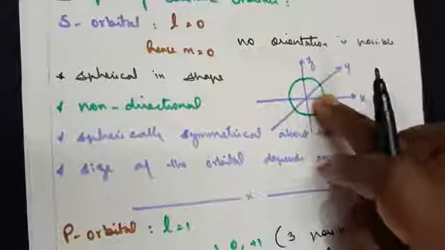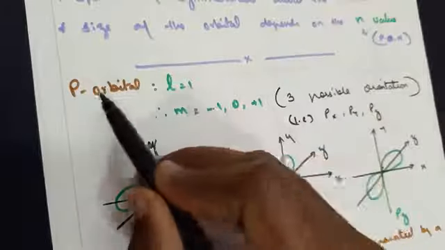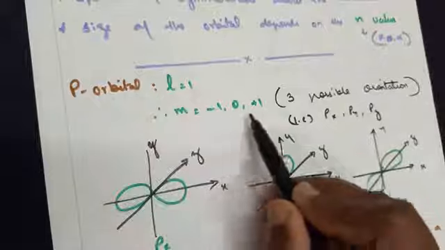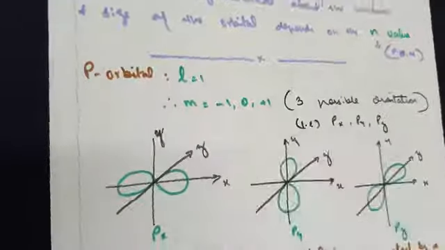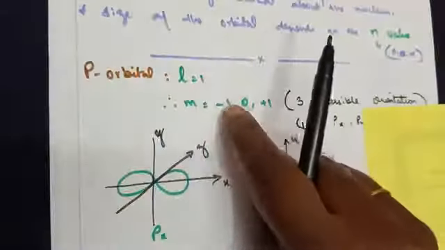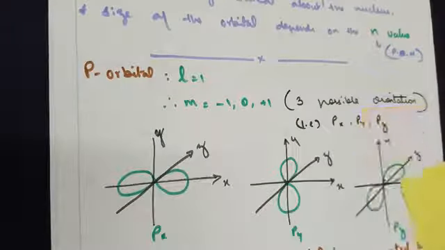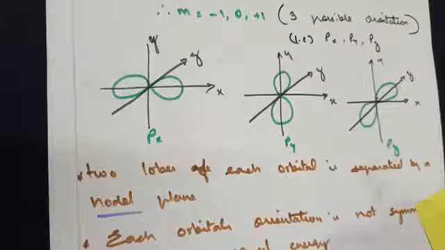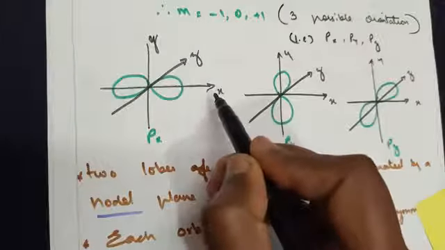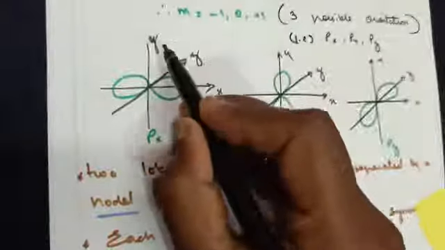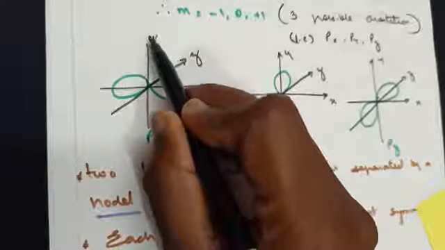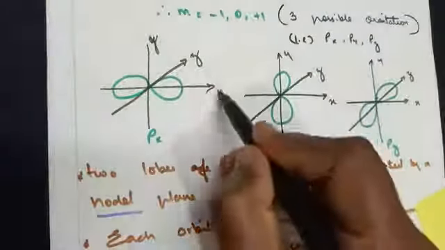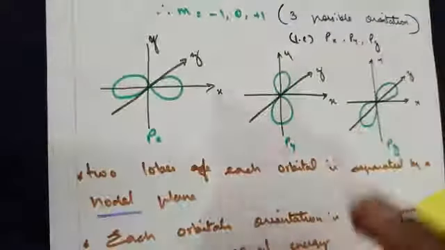In the s orbital case, there is no orientation because l is equal to 0. When l is equal to 1, it talks about the p orbital. The p orbital has 3 magnetic quantum numbers. Remember the formula, minus l to plus l: minus 1 to plus 1, with 0 in between, so we get 3 orientations. Now how do we draw the structure for it? Take the axes as x, y, z. Sometimes some books will give y here and z there. It's one and the same, provided you are naming the axes.